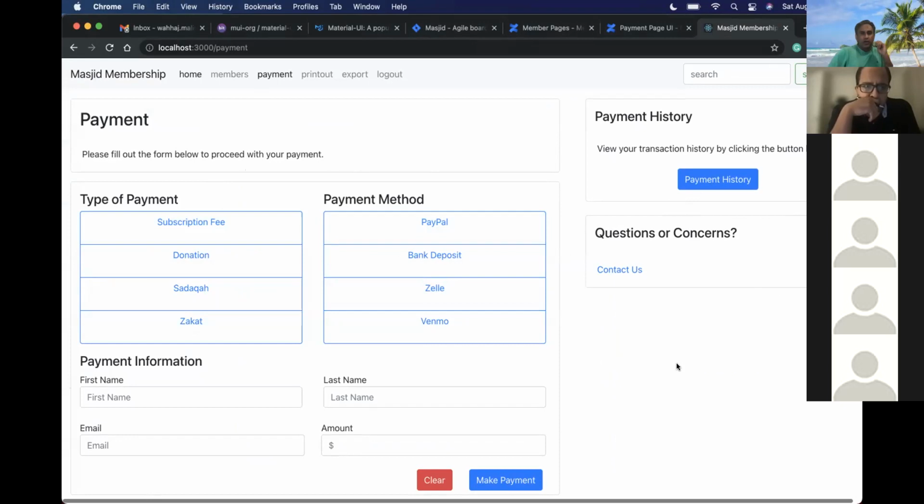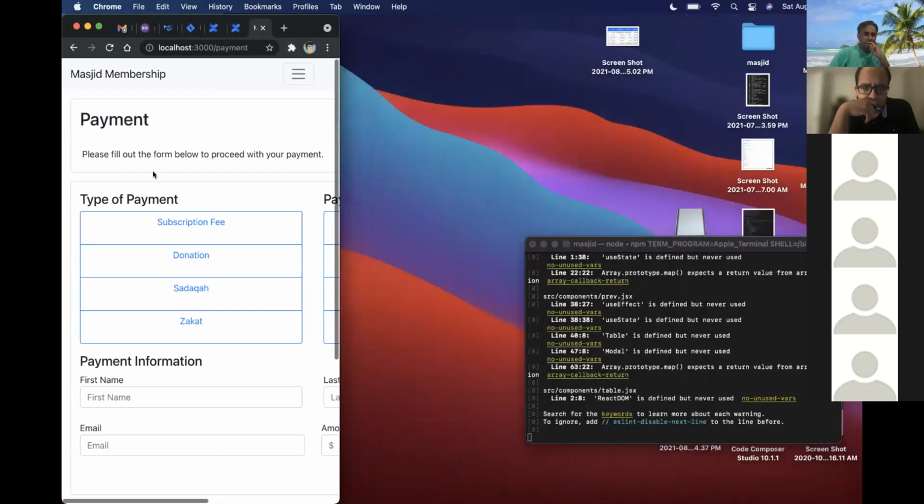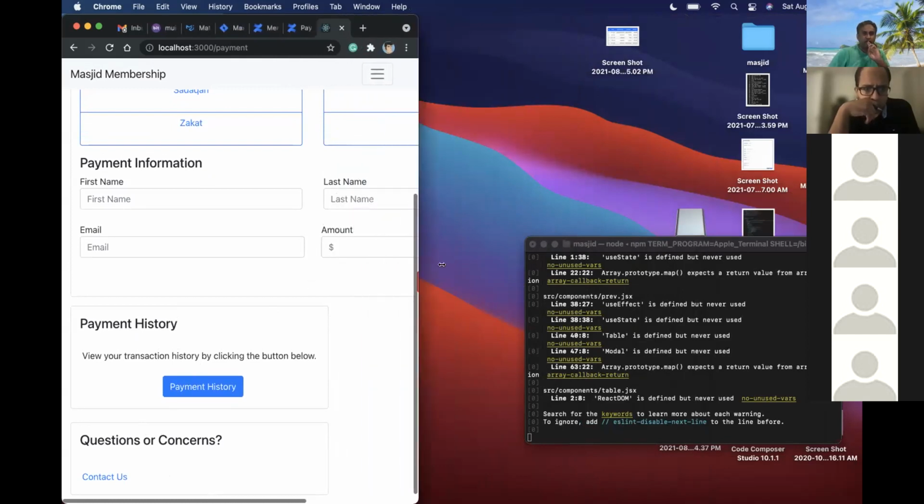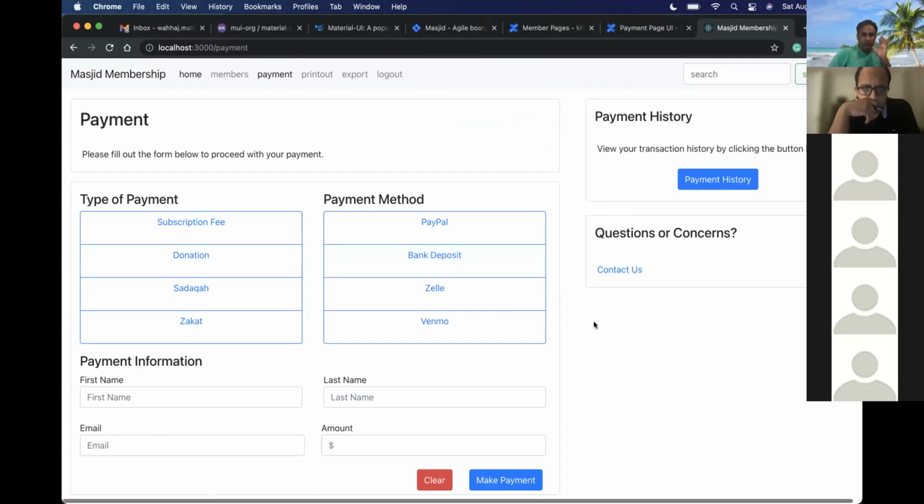Okay. Can you resize your browser? I just want to see. That's what I need to work on. These work, but this doesn't resize. See, when I go like this, this isn't resized, but these go below. Yeah, the going below is fine, but the one which is hiding, that's not right. Going below is perfect. That's how it's supposed to work on the smaller form factor. So take a look at how you can fix the type of payment and payment method also.